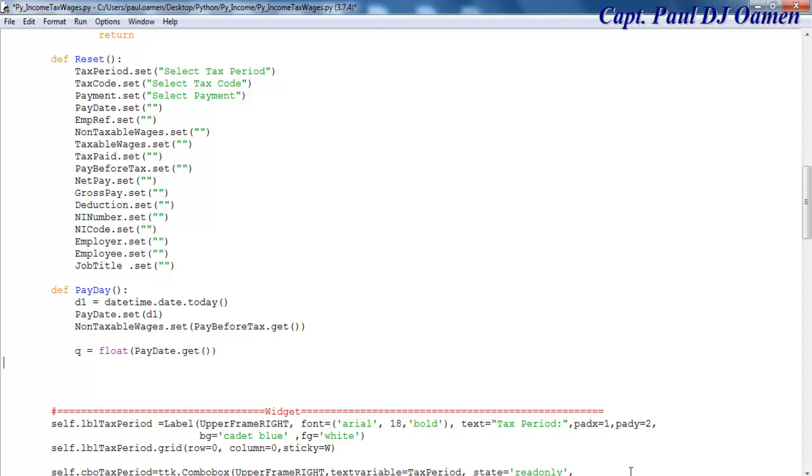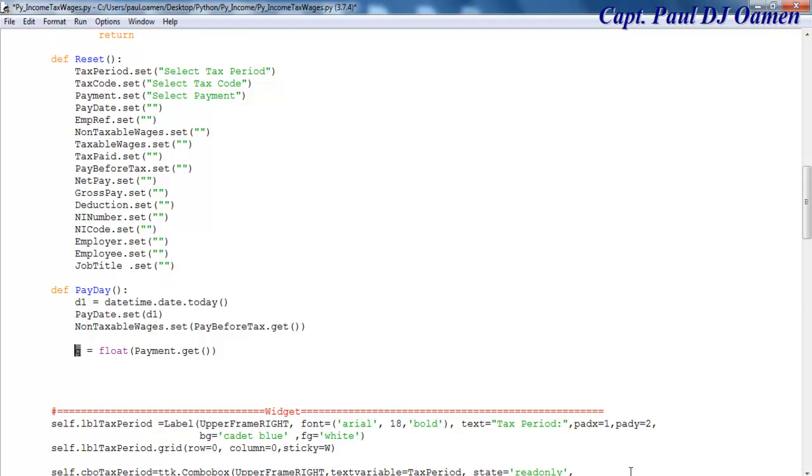So whatever we have inside payday is assigned here. That should be payment. This is then assigned in here,